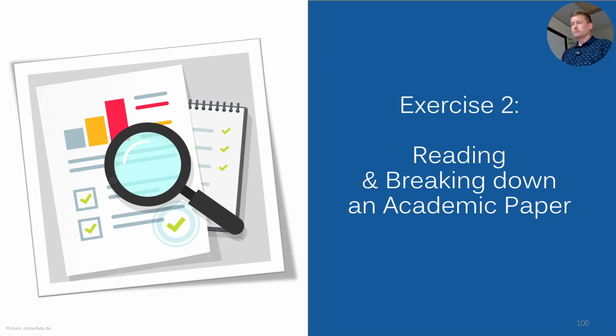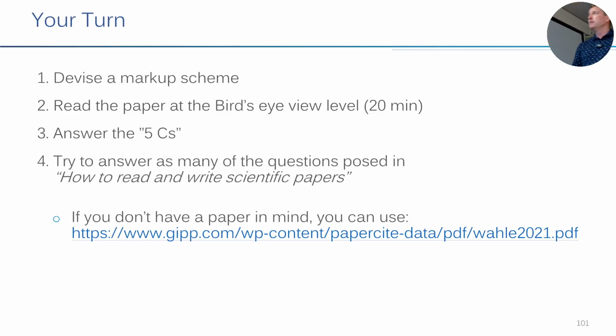Then I would say there's enough talk. Let's try it. Ideally, you already have a topic. It might not be your thesis topic, but maybe some other work you're working on. Get a paper that you need to read for this right now, and try to do the first and second step. When you already have it, you probably decided it's relevant. Then maybe you can skip the first step, but then do the bird's eye view. So please,